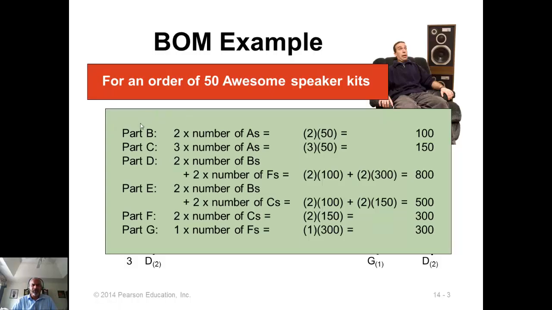And similarly for B, we needed 2 units of D and 2 units of E. So if you're going to make 100 units of B, then you need 2 times 100, and then D is also needed for F, so you have to take that also into account, and that will give you the gross requirement of D. So the bill of materials is used to figure out gross requirements of each item. We will go through these computations in more detail, step by step, in a little bit.